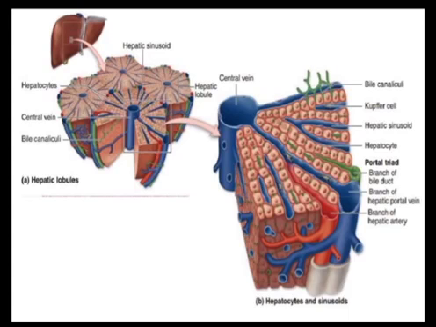At the periphery of this hexagonal hepatic lobule there is an area where we will find three structures, and because we find these three structures we call these areas the portal triads. These portal triads are 3 to 6 in number, and these 3 to 6 areas are associated with each lobule with branches of afferent blood vessels, that is the portal vein and the hepatic artery, situated at the periphery of the hepatic lobule, and the efferent vessel, that is the central vein.